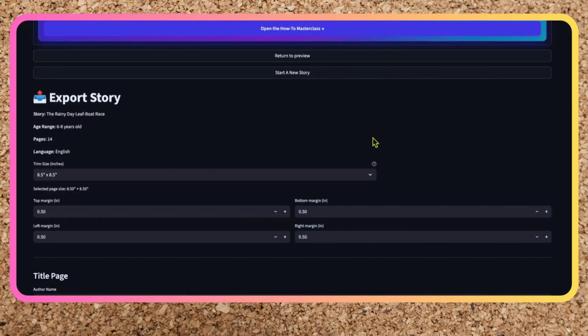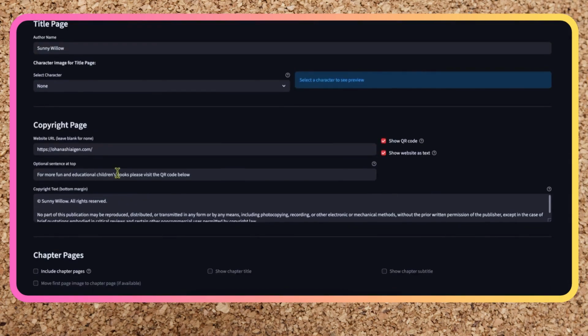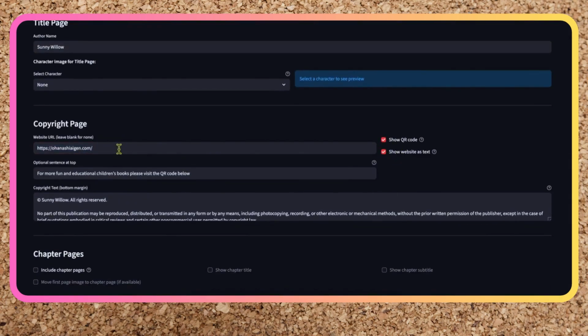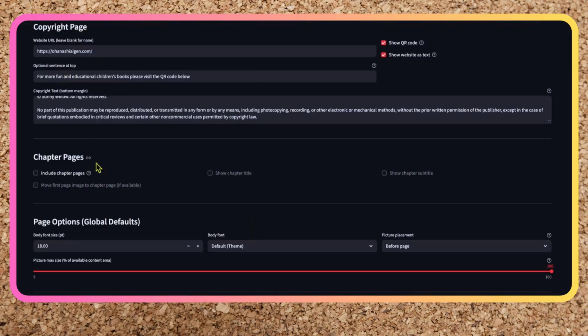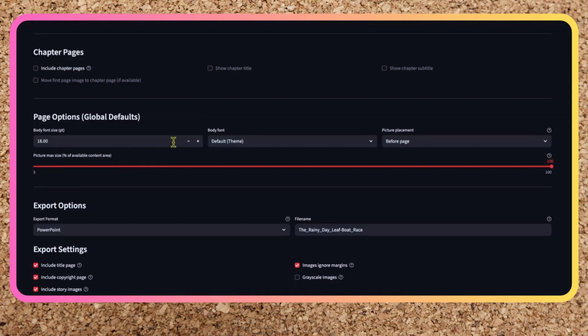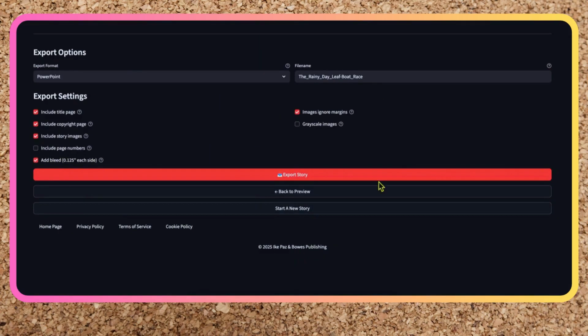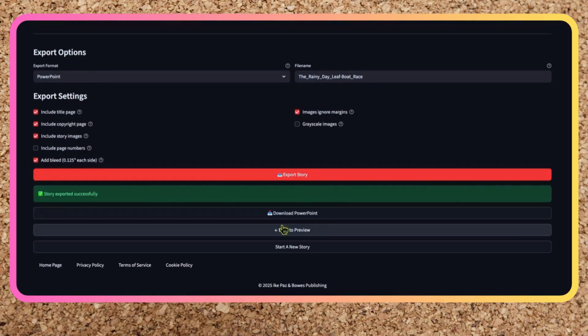There were 14 pages. We have our cover concept right here. Use title. You can see the cover right here that you can use. It has all those characters. All those characters are going to show up throughout the story. They're going to stay consistent throughout the story. They're going to look the exact same in different poses, different environments and all that. And then even here on the cover image, the rainy day leaf boat race.